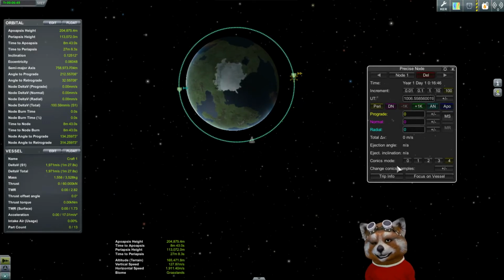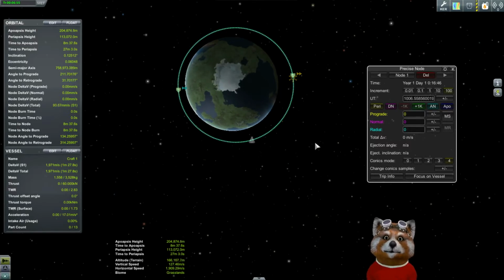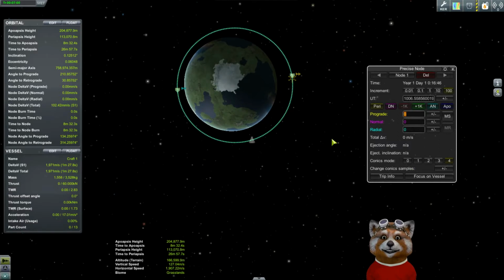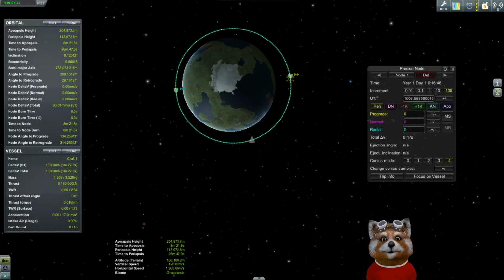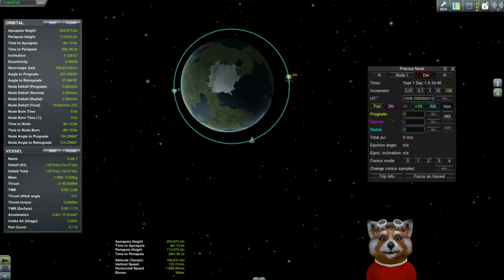The next thing you need to do is decide how much you want your increments to go up and what you want to change. Many people think that you have to type in numbers here. You do not. There are a bunch of hotkeys that come with Precise Node, and these hotkeys are rather important. For prograde, the plus and minus on the keypad is 8 and 5. For normal, the plus and minus on the keypad are 9 and 7, and for radial, the plus and minus is 6 and 4, and for time increments, it's 3 and 1,